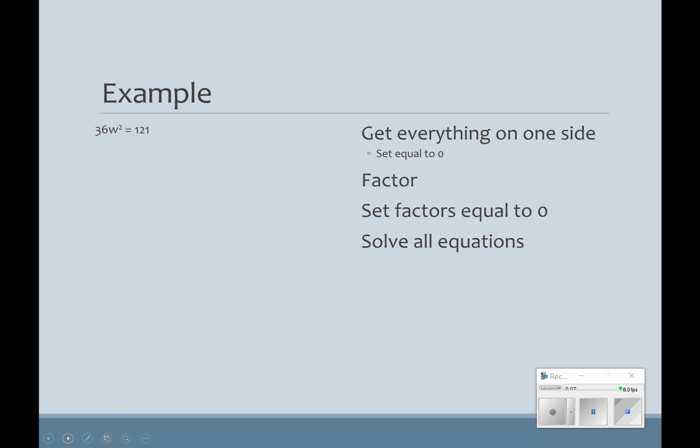So another example. Here, I'm going to bring my 121 over to this side by making it its opposite. So I get 36w squared minus 121 equals 0. Now, these are both perfect squares, so that's going to factor to 6w minus 11 and 6w plus 11 equals 0. If I set each factor equal to 0,